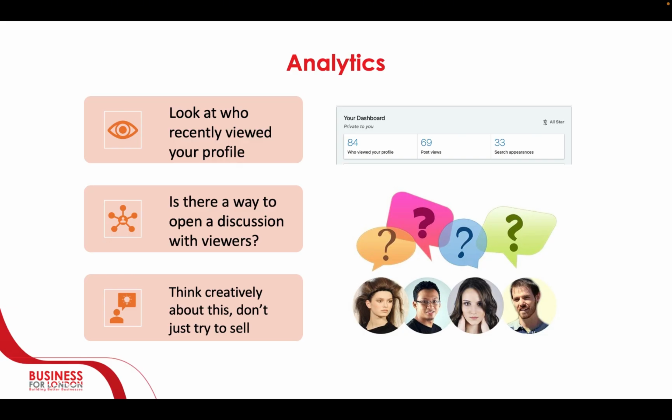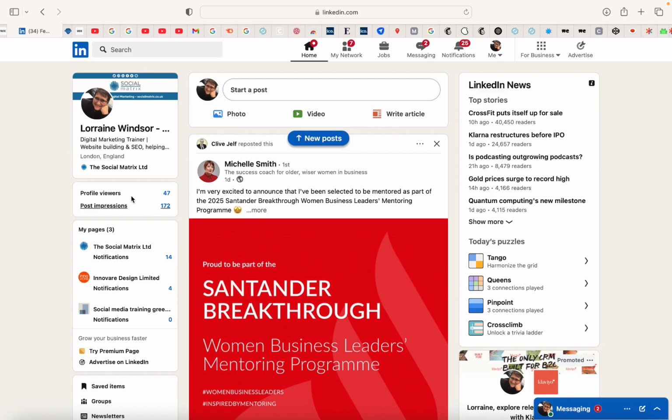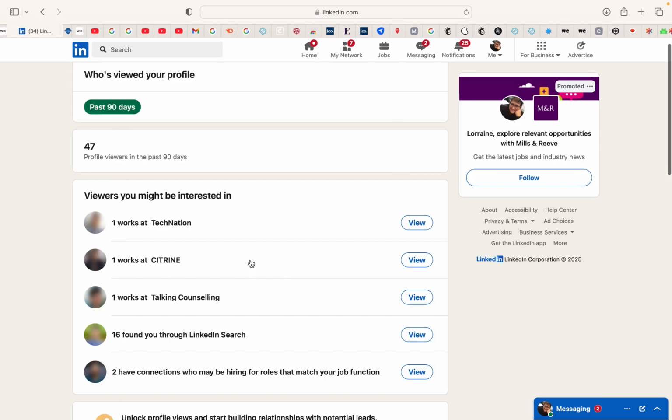There are fairly limited analytics on LinkedIn unless you upgrade to a premium account. A premium account is not cheap, and so I've never ever used it because it's actually not necessary for what I need to do on LinkedIn. LinkedIn often offers a free trial for a month, so if you want to try that out, why not give that a go? If I go into my limited stats here, it will tell me things like over the last